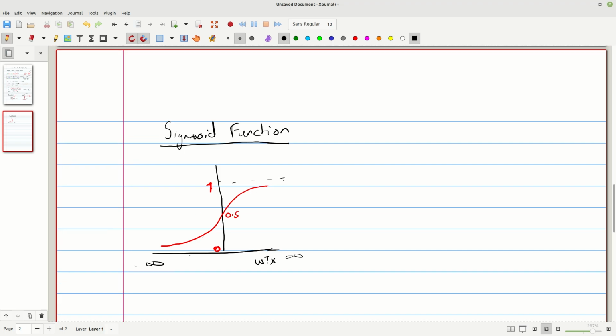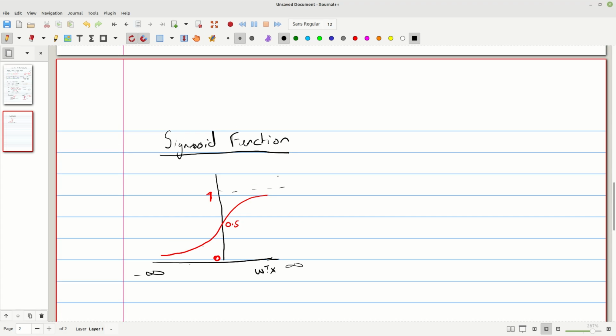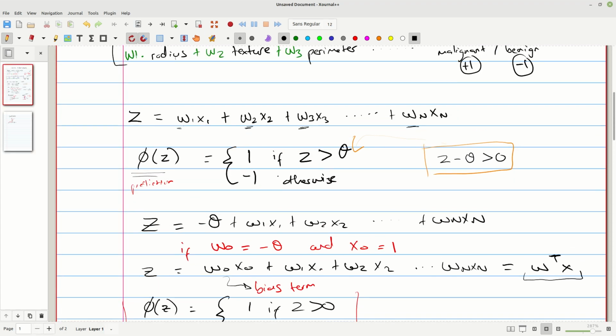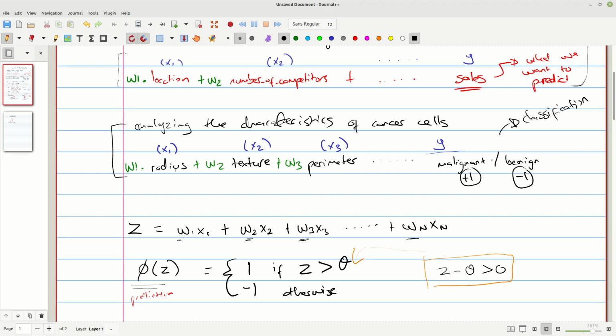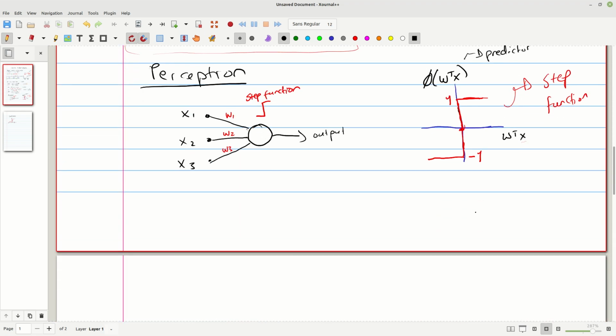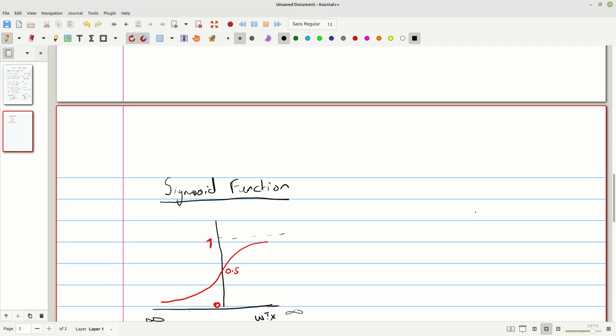So we can think of it as saying, what is the probability that this cell, or this tumor, is malignant or benign. So it can actually give us actual probabilities, and this can also work in some way as some sort of confidence in our predictions, right?